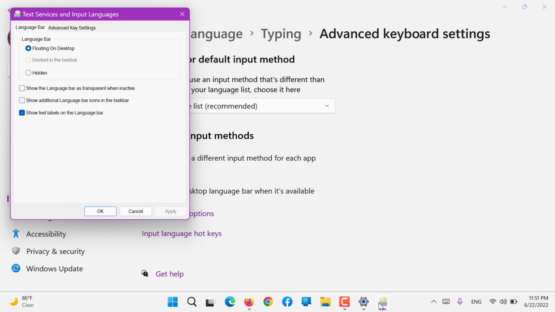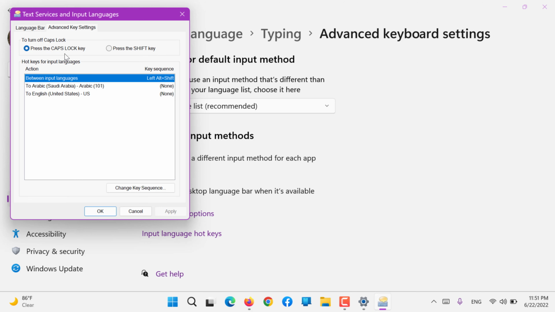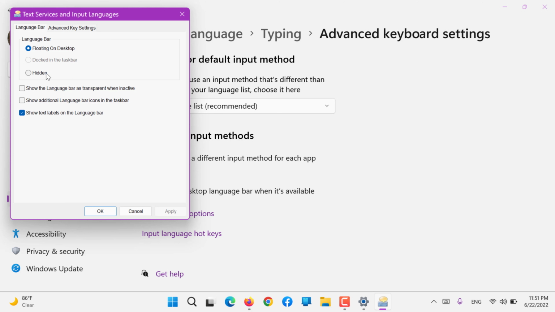Where it goes, and you can add more keyboards as well. Turn off the lock by caps lock and press shift key. Show language bar as transparent and inactive. Show additional language bar as transparent and inactive. If you would like to choose that, I will go back to default settings I was using before,